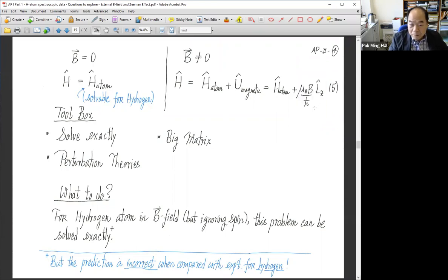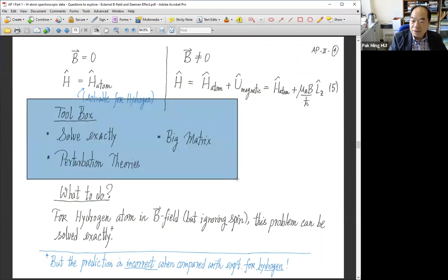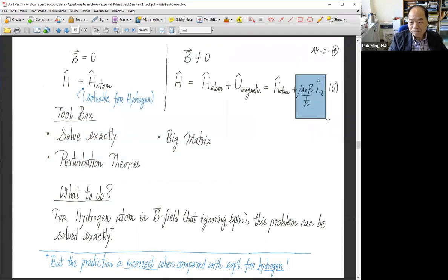So it is the perfect place to think about what you have in your toolbox. Solve it exactly, turn it into a big matrix and think about it. Variational calculation, perturbation theory, everything goes. Now you have an extra term. Wonderful, a good place to exercise what you learned. So the question is what to do, which tool to use. It turns out that you can try everything,